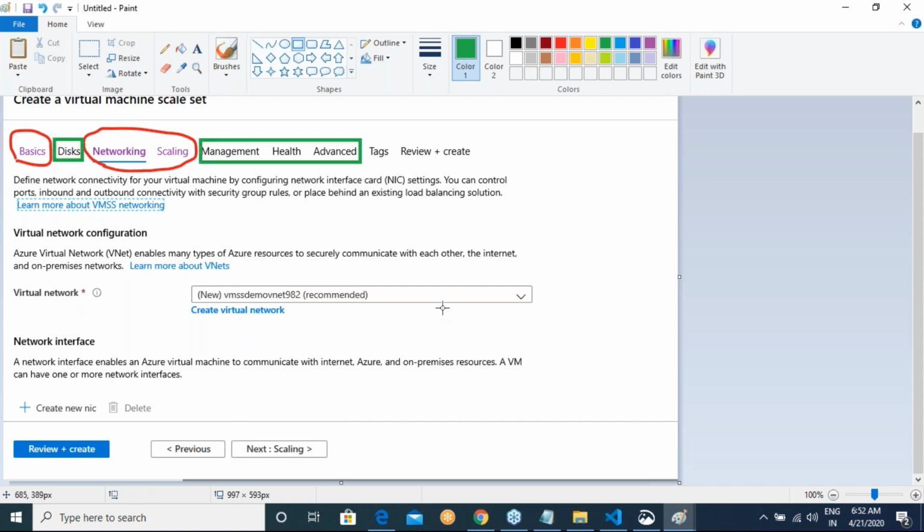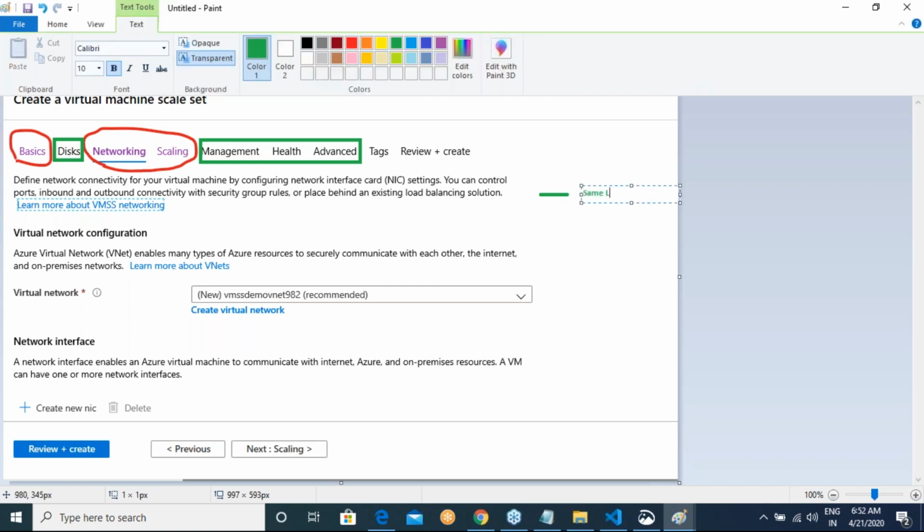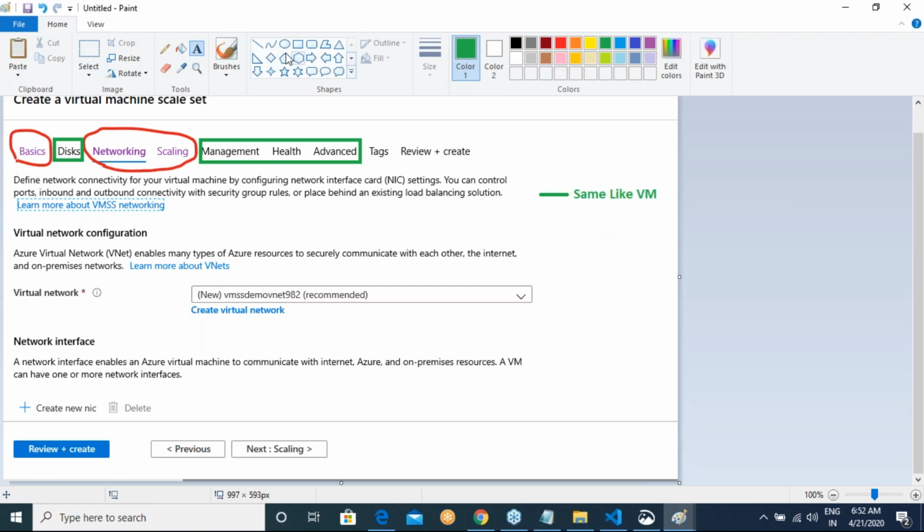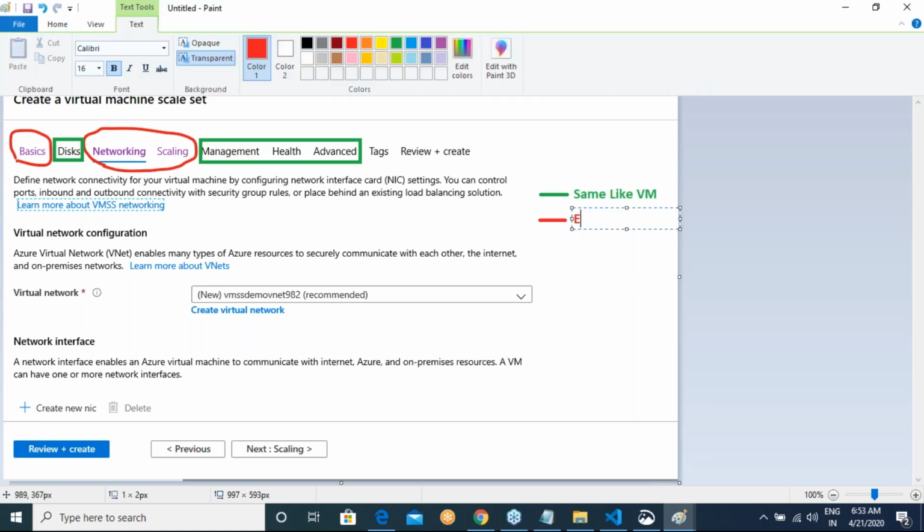Okay. So let me write a legend. Green, same like VM. Extra options for VM skill set.